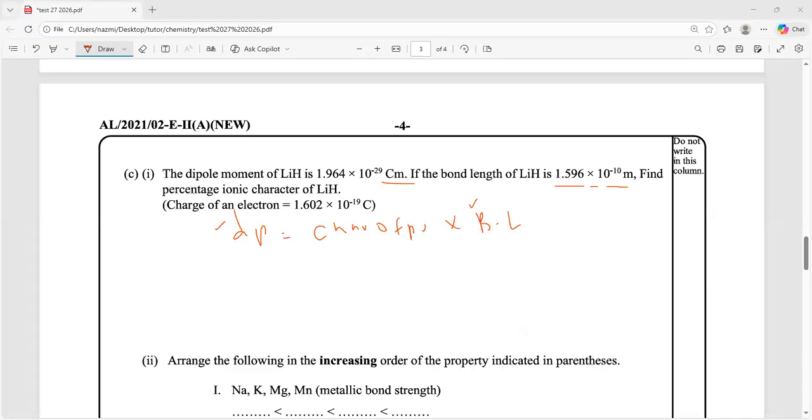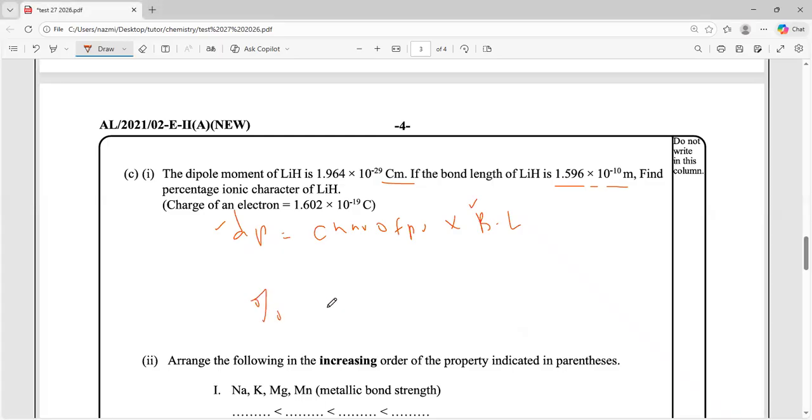Then, once you find that, you have to find the percentage ionic character. So percentage ionic character is calculated as the charge of the pole over